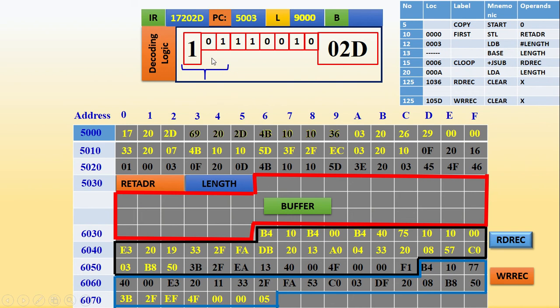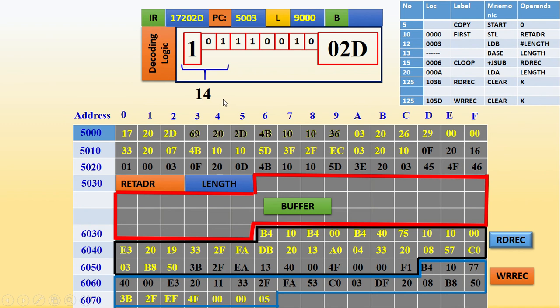When the assembler generated the object code, it wrote a 0 1 here. Two zeros were there at the end of this. Those two zeros were discarded by the assembler. Now the microprocessor adds those two zeros here. It becomes 0 1 0 0. Can you tell me what is that 0 1 followed by 0 0? It is 4. So this is 1, this is 4. The opcode will be 14. So this is how the microprocessor knows what is the opcode.